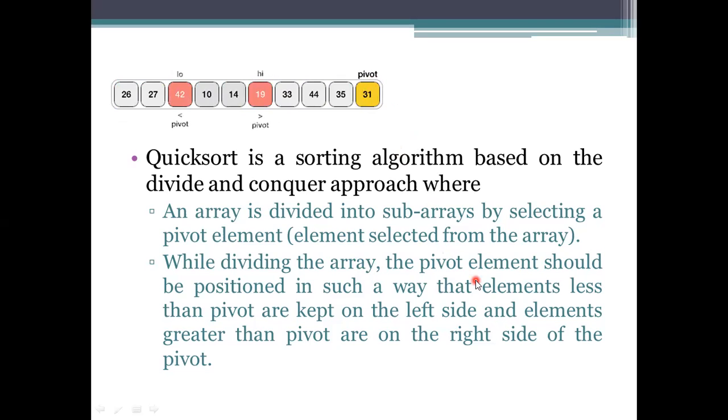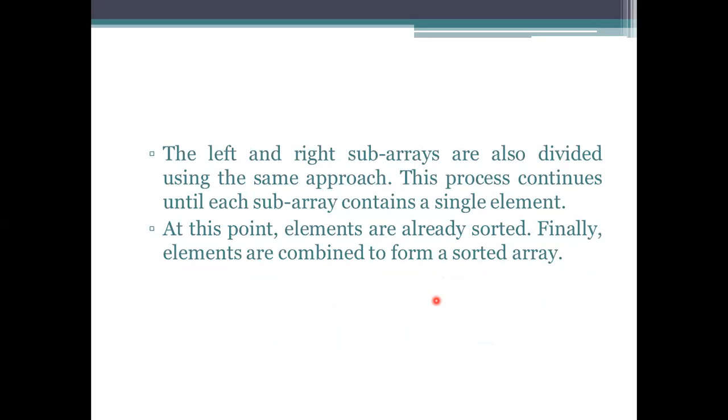And then coming to the next one, left side values will be there. So these left side values should be processed in the same way. Means the same approach will be used. The same approach here is, take one value from that list as the pivot. You can use any value. You can take the highest value as the pivot element, or the lowest value as the pivot element. Any value can be taken into account and process that one.